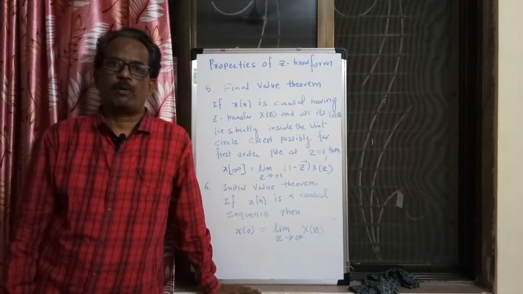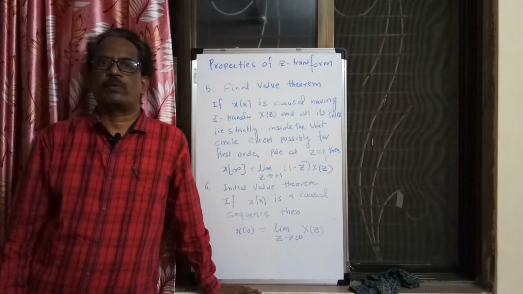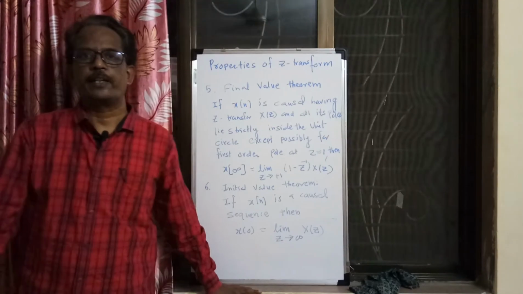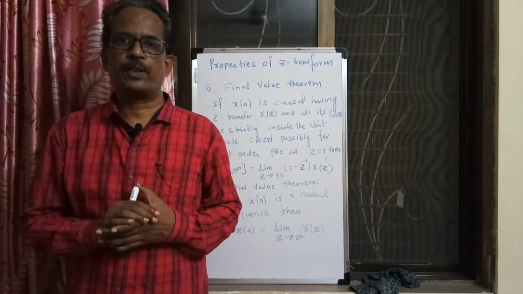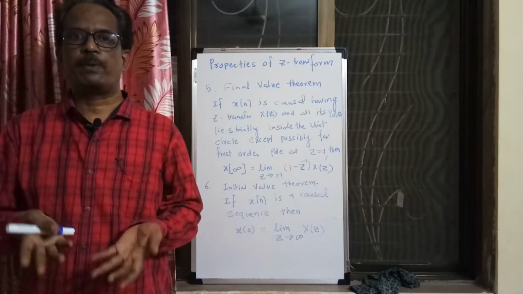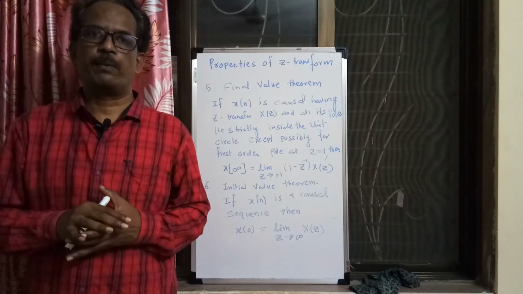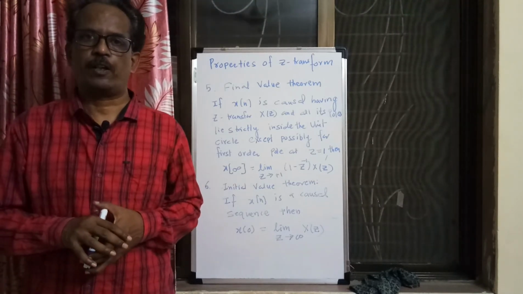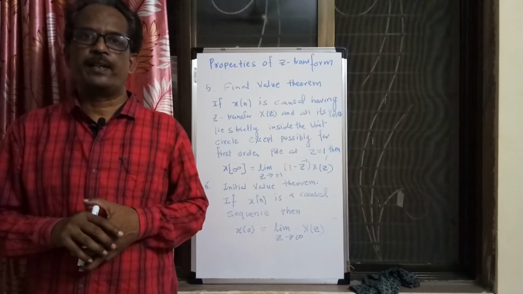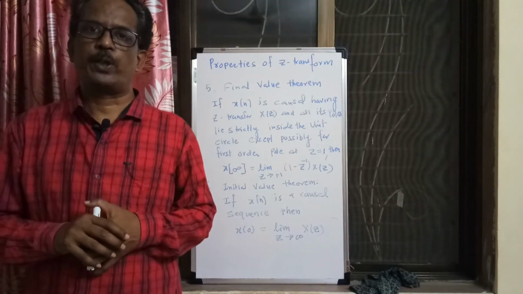In all these properties we have seen what happens to the Z transform if you combine the time domain signals in a linear fashion. When we shift the time domain signal, what happens in the Z domain? When we convert the signal in the time domain, what happens in the Z domain? And when we take the mirror image of the signal, or flip the signal around the origin, what happens to the Z transform and its ROC? Now let us see what the initial value theorem and final value theorem properties of the Z transform are.